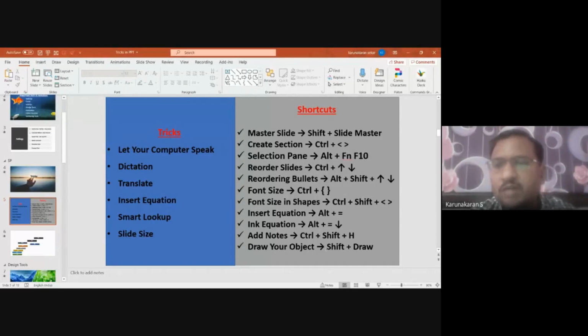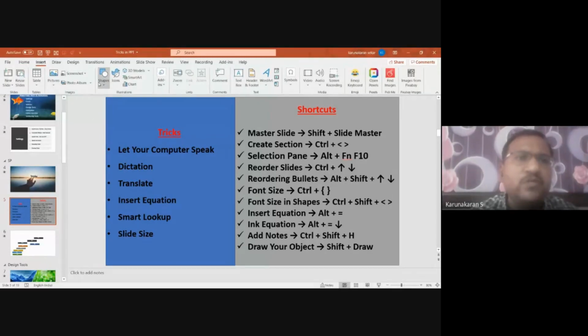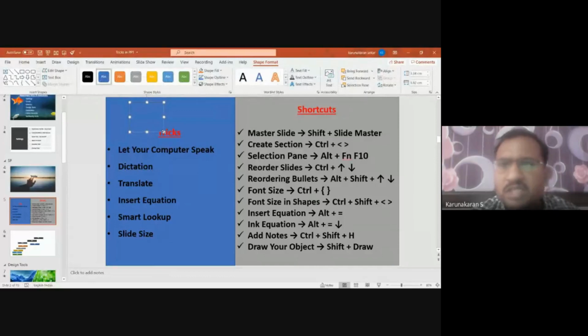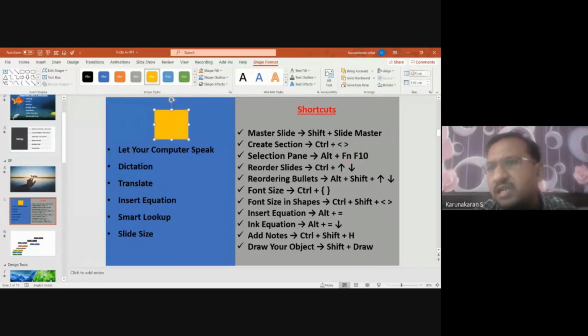And drawing an object, drawing an image is a very difficult task for us in the PPT, right? So let me show you an example. When I want to insert a square, when I draw a square, see, I never get an equal size. I will have a doubt whether it is an equal size or not. So do you think this square is of equal size? Let me fill it with another color. So do you think this is an equal size square? No, you can see it here and check it, right? So it is 3.34 centimeter and width is 3.92 centimeter. So this is not an equal square.